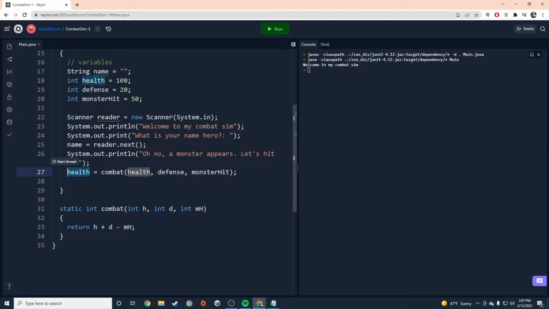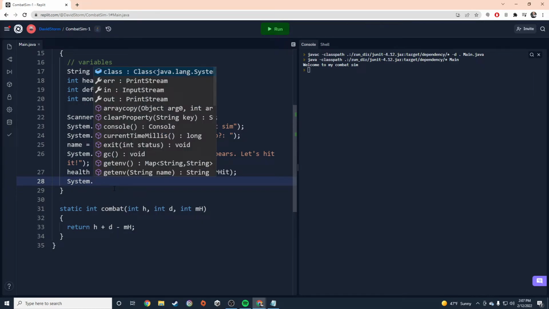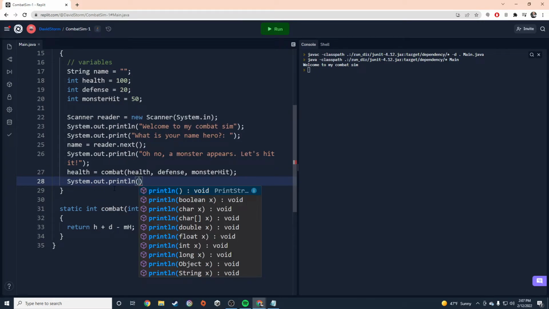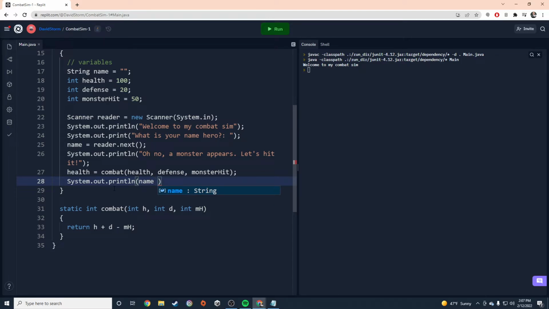So our health starts at 100, but then we'll say 100 plus 20 minus 50. So that's going to return the number 70 back to my health. Right? So now health is 70 instead of 100 because we just got into some combat. All right, let's actually put that out on the screen so the user knows what happened. So System.out.println, and we'll say name, because we want to use the user's name. We've asked them for it. We might as well use it. Hits the monster,